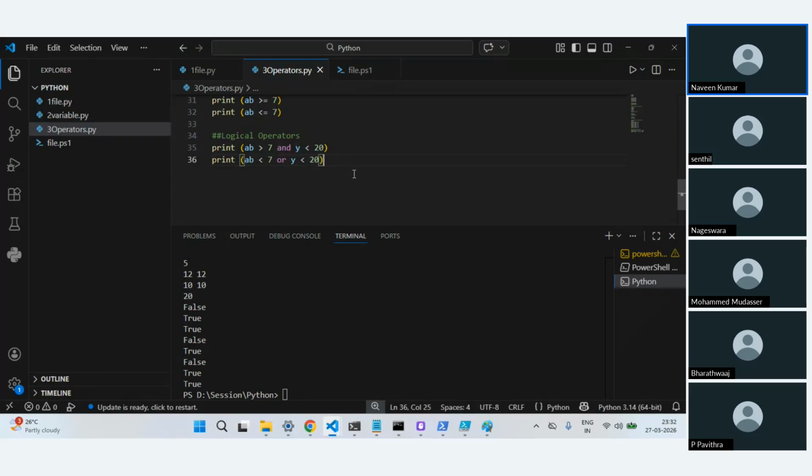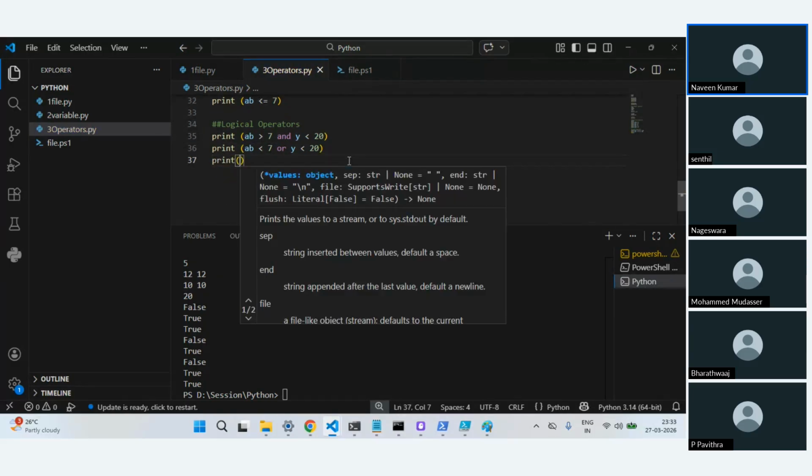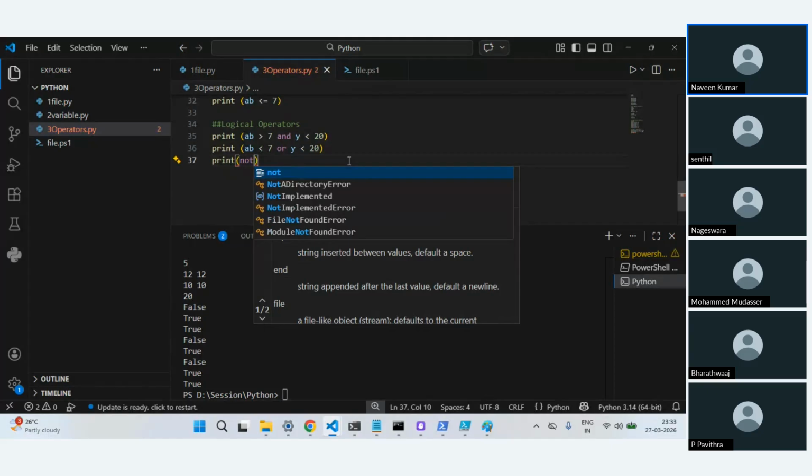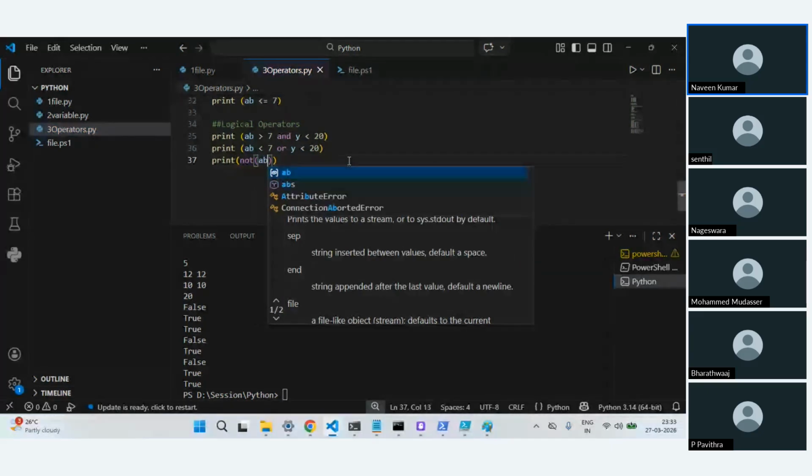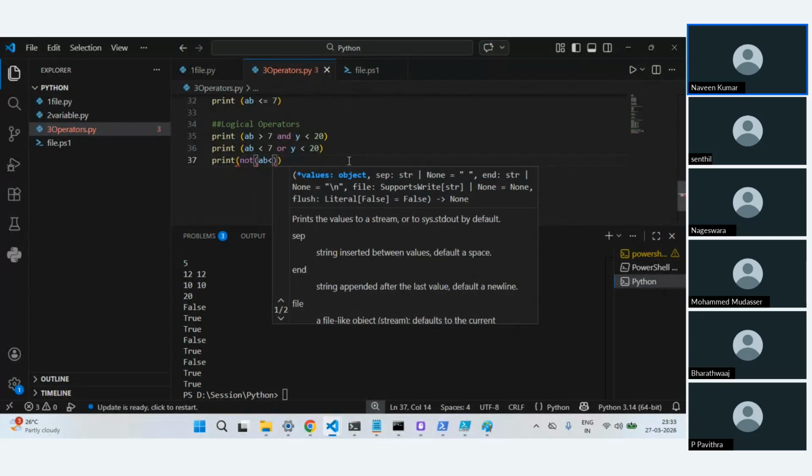Again, you have nor, not, and all, but this is something which you commonly use from the automation standpoint. Not is nothing but negation. I'll quickly write that also. You can do AB is less than 7.